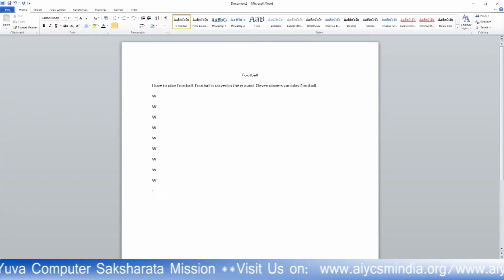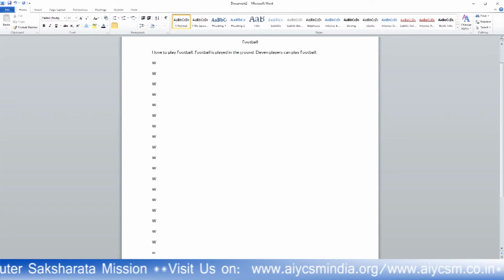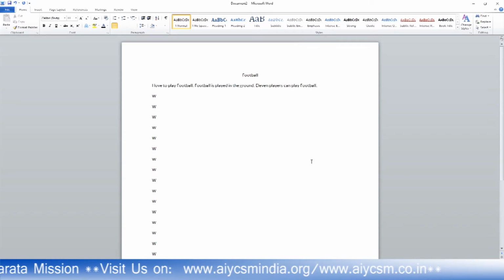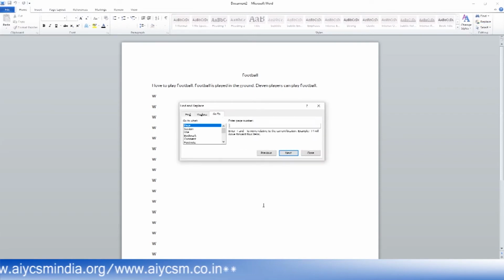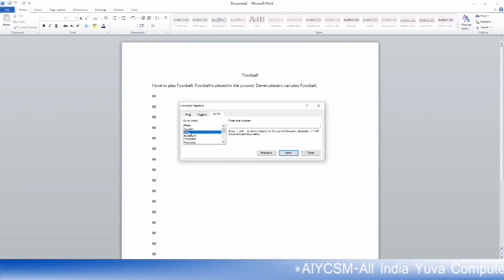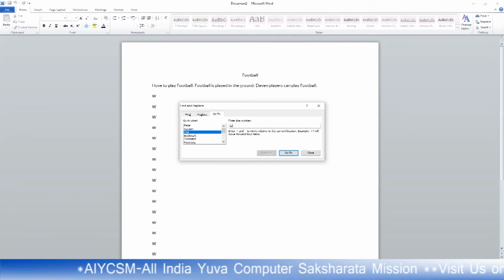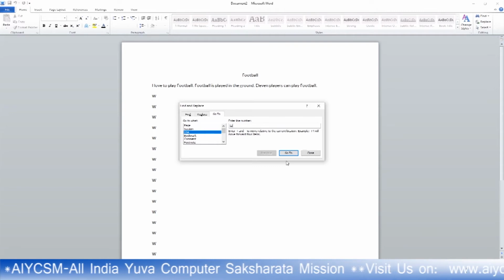Now if I have different types of lines like that, and if someone reads all my documents and says that in line number 15 you have a problem, now I have to go to that line number 15. From go to, you can go to any page from your first page. You can go to any section, any line. Right now I have only one page, so I am just choosing the line number, and from the first line I have to go to line number 12.